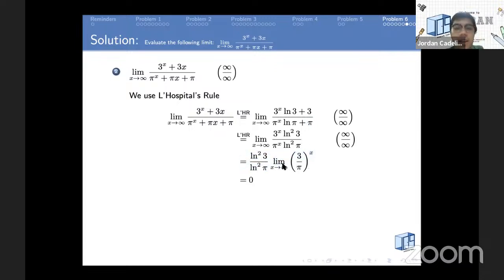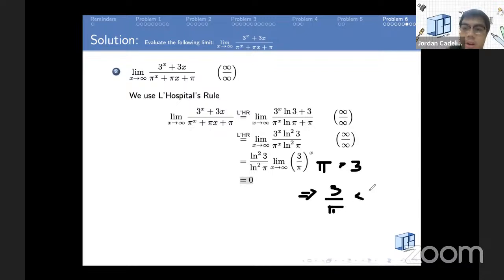So we now find the limit as x approaches infinity ng 3 raised to x over pi raised to x, and by exponent rules, pwede natin silang i-combine into 3 over pi raised to x. And take note na ang ating pi, wait lang, sorry, draw ko lang siya. We note na pi, which is just 3.14, etc., is greater than 3, which implies na 3 over pi